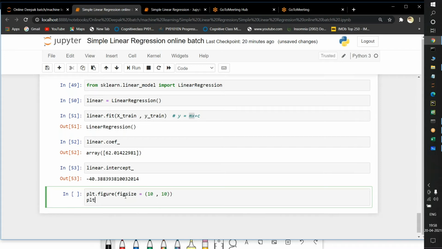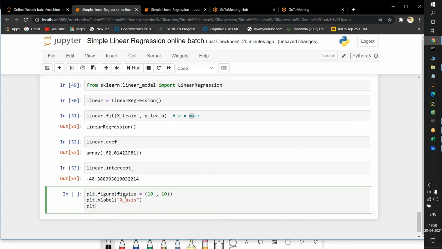Now plt dot xlabel, first of all I'm passing x-axis, sorry, and plt dot ylabel as y-axis. Instead of x-axis and y-axis, we can give it like this now: weight and height. It is best.